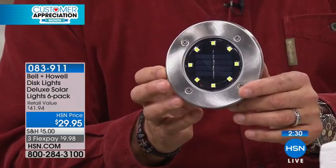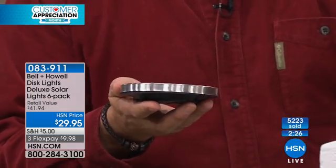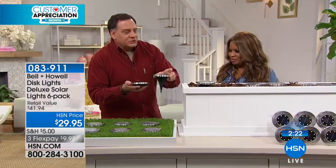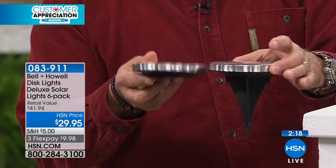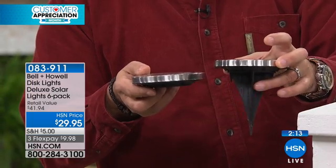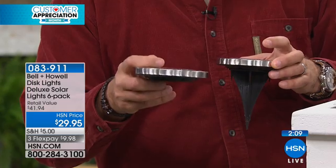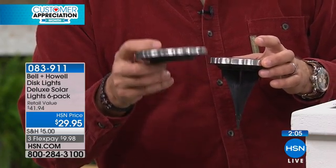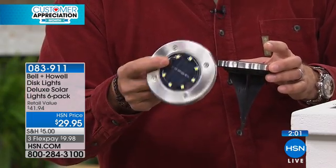And I want to talk about how you have it, because you don't have the stake attached. You don't have to. So I'll grab one of these guys here. Here, right there. Look at that. So there's one with the little spike on the bottom of it, okay? And here's one without. So you can use this either way. If you're gonna stake it into the ground, you wanna use that, and we do supply that. If you wanna lay it flat, just put it on a table or put it on a path or whatever, and just leave it there, you can. Now, if you wanna go out and buy yourself some double stick tape or maybe some hook and loop, you can put this vertically. You can mount this